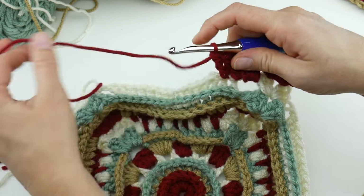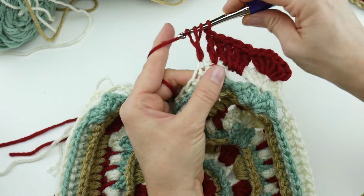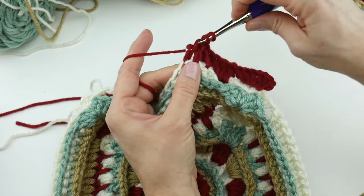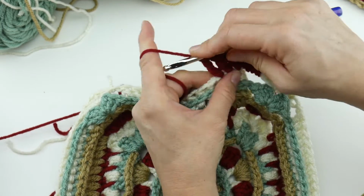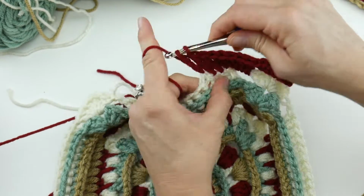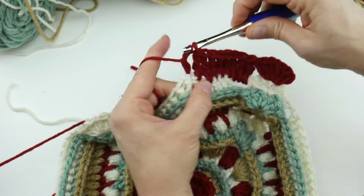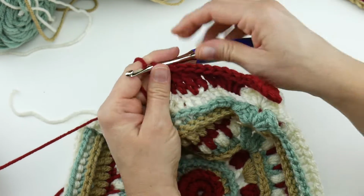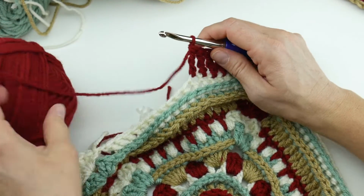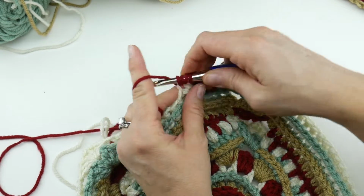And then we're just going to work a treble crochet into each stitch all the way across. And that's going to add a really nice substantial frame to our square because we have a lot going on and I just wanted something nice and simple. This is kind of the first part of our frame. We're going to be adding a single crochet edge to this next, but I wanted to get this nice frame around our square, this nice heavy looking frame. Okay, so just work your treble crochets all the way across,